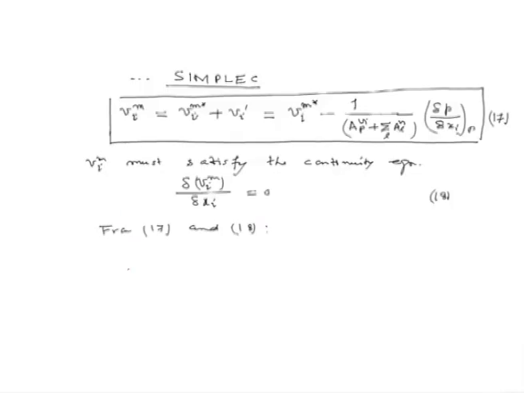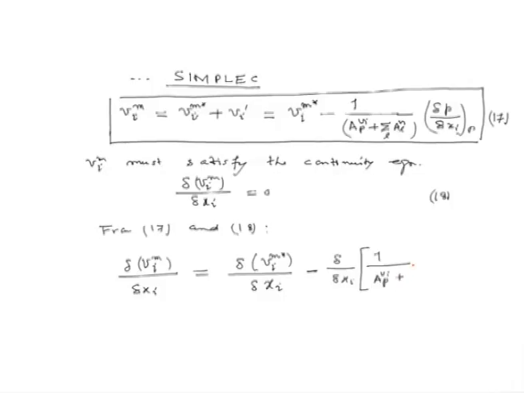Left hand side of 17 now would become delta Vi m over delta xi is equal to delta Vi m star over delta xi minus delta over delta xi of 1 over APVI plus sigma L ALVI delta P prime over delta xi at P, noting that from continuity equation the left hand side becomes 0 and this gives us